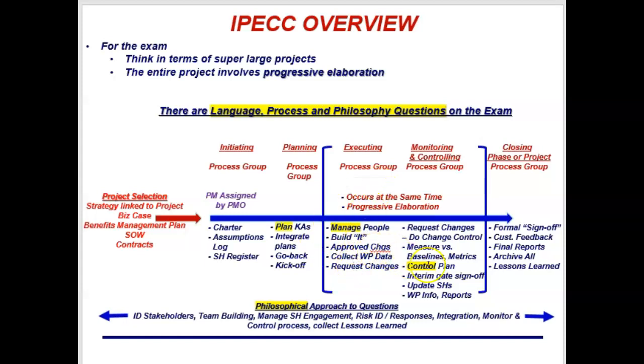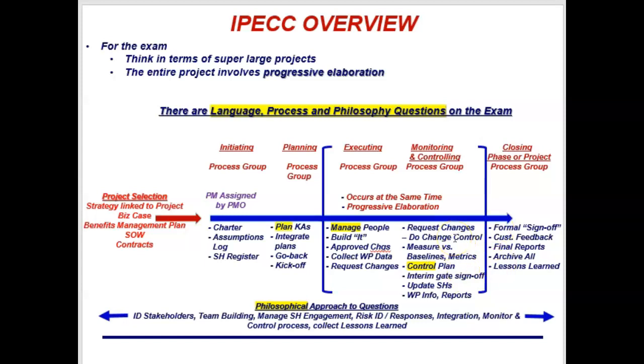In the executing process group, I'm largely about managing people. And if you remember the people domain, this is where we're going to do largely conflict management, leadership, etc. This is where we build it, right? And approved changes get implemented back into execution. That's where approved changes go. And during execution, we're collecting work performance data, always just data, not analyzed, but just collecting data, and of course